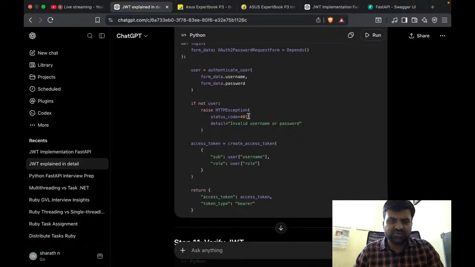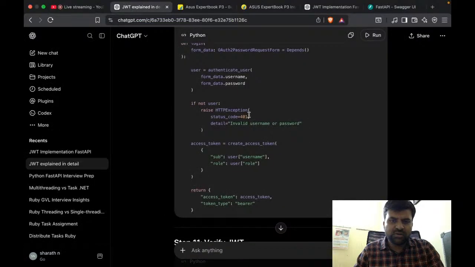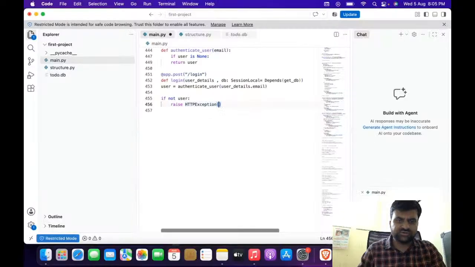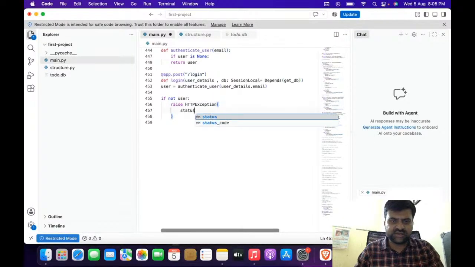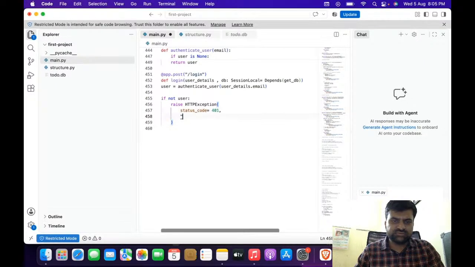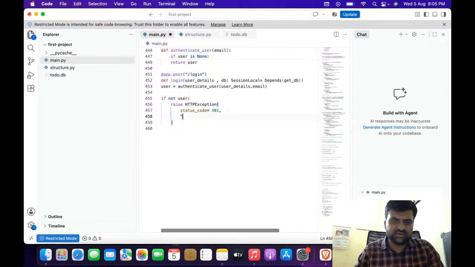Okay, 401 will be the status code. 401 means don't have access. Okay, unauthorized. So you are raising status code equal to 401, and if you want to send the message also, you can send it like this, or like detail, that will be the detail equal to